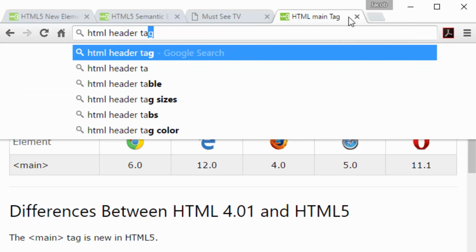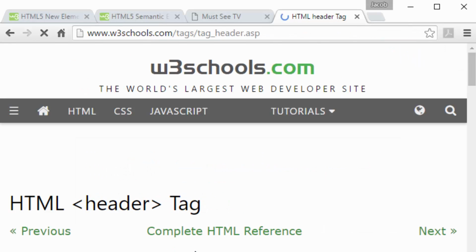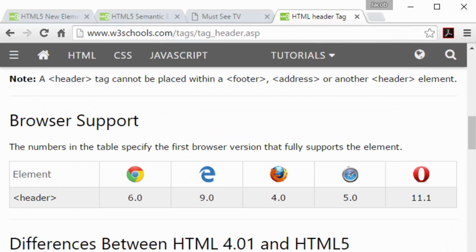Compare the support of the main element to the support of the header element. Here we see that even Internet Explorer has supported this element since version 9. W3 Schools does provide workarounds to teach older browsers to handle HTML5 correctly, but with the usage of Internet Explorer declining, I am choosing not to spend time on this. With the end of Internet Explorer, web developers everywhere are celebrating. Consistent browser support is arguably better than ever before.